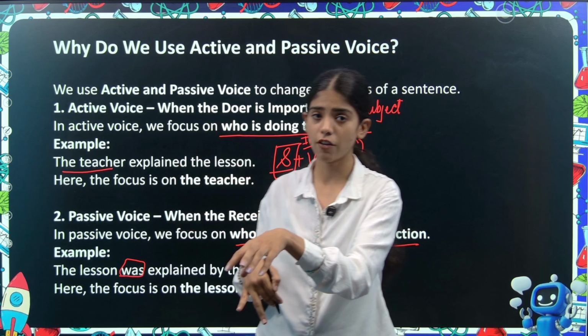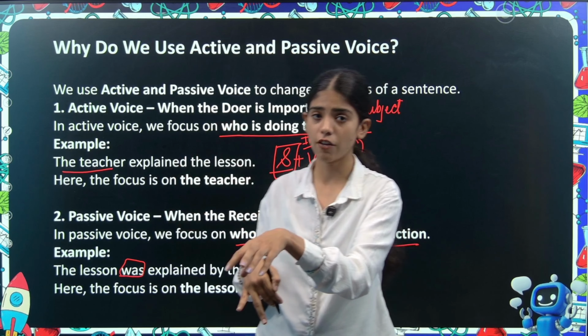तो ये active voice है. जो हमारा basic structure होता है sentence का, the one in which we are writing daily sentences or usual sentences, that will be considered as active voice. The language, the sentences in which we are communicating with each other, they are considered as active voice. Means the main basic structure of a sentence is considered as the active voice.